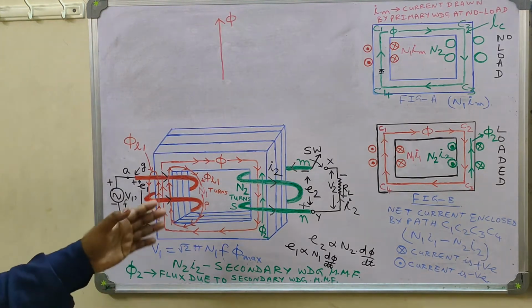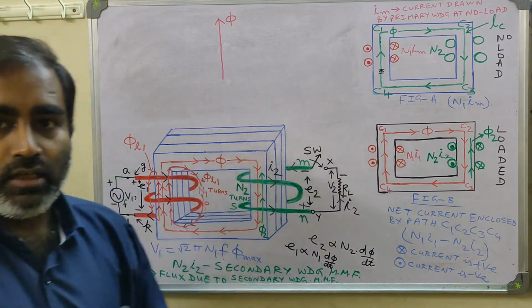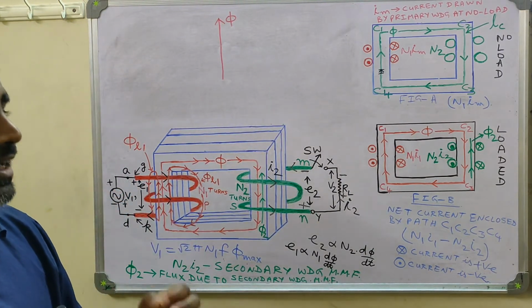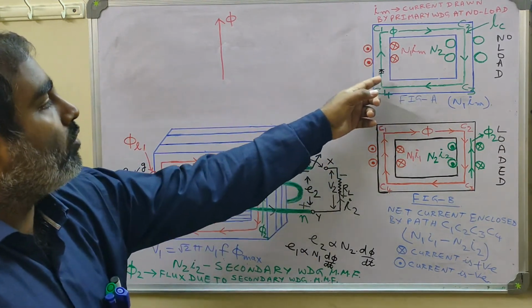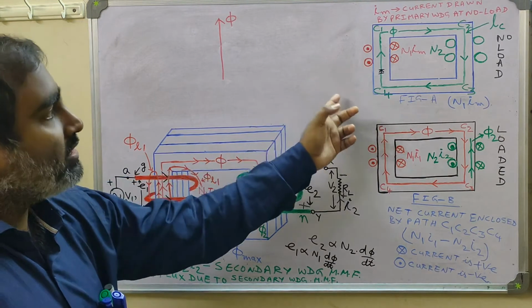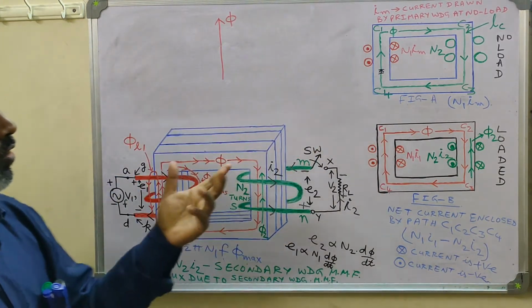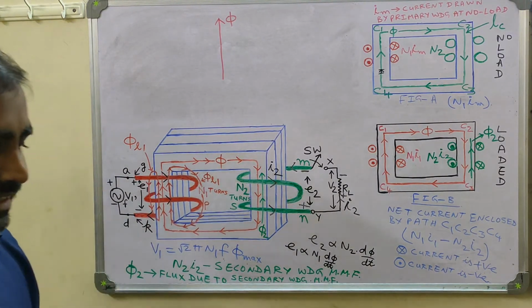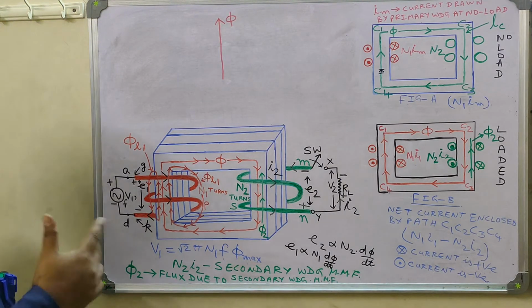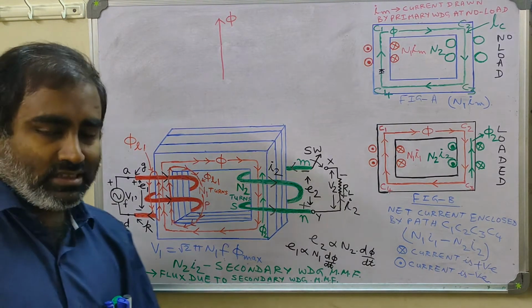Now where should we draw Im? Because again, we are drawing the phasor diagram at no load condition, and that too for an ideal transformer. So at no load condition, what is the current drawn by the primary winding from the supply voltage? It is Im, that is the magnetizing current. Now what is the basic logic? If magnetizing current is more, then flux will be more. If magnetizing current is less, then flux will be less. Or rather, we should not say it in this way.